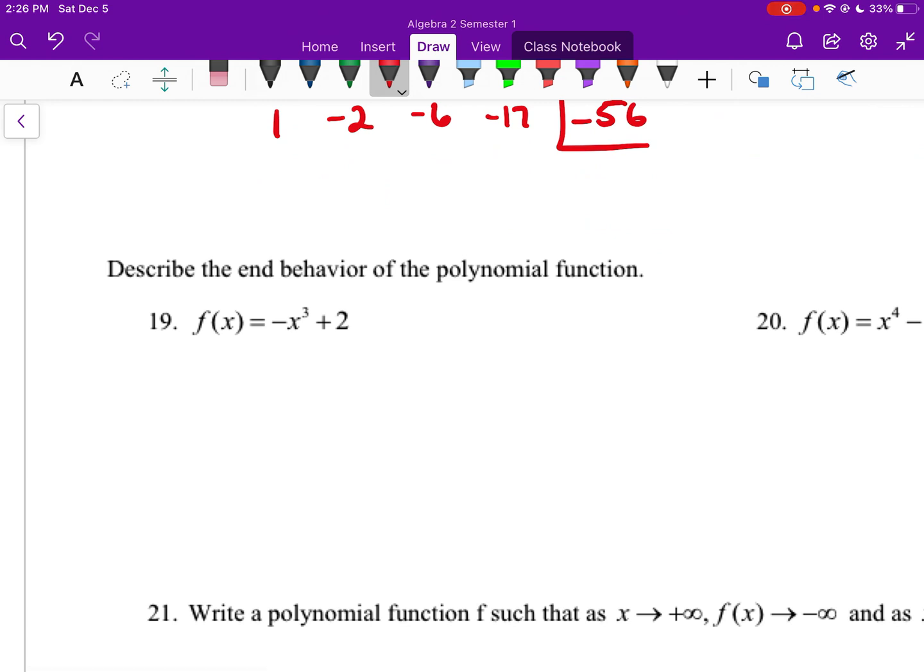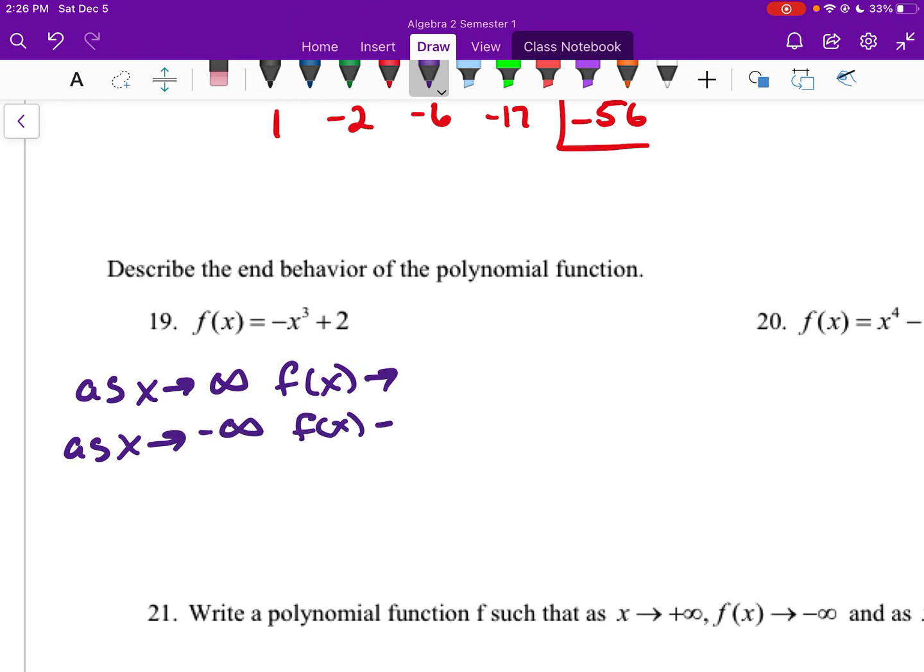All right, describing end behavior now. Remember, as you're doing this, it's always as x approaches infinity, what is the function doing? And as x approaches negative infinity, what is the function doing as well? Now in this case, we have a cubic function, so that's odd. So end behavior is going in opposite directions, and we have a negative leading coefficient. So just think about it like negative slope. That's not what the graph will look like, but that's what the end